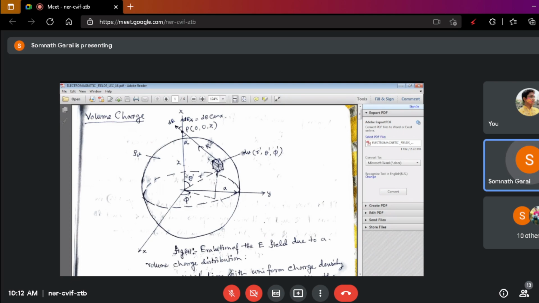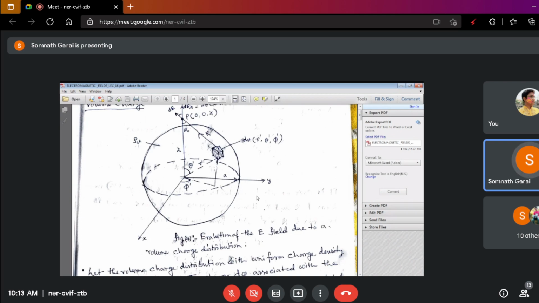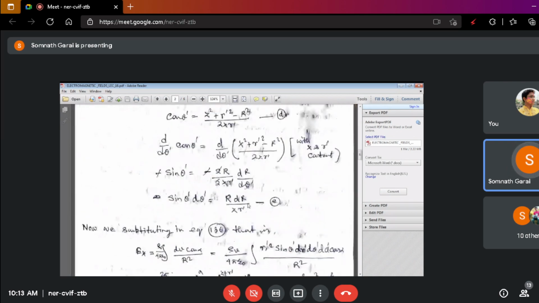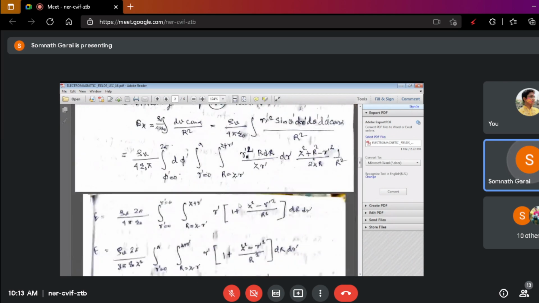And if you take a horizontal line, at this point it is equal to Z minus small r dot, and at the other point Z plus small r dot. That's why the limit of d capital R will be from z minus small r dot up to z plus small r dot. Sir, repeat this one. Okay.